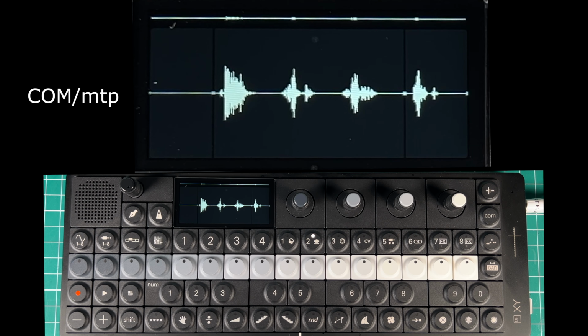Let's talk about COM and MTP. Now to use this you have to plug in the USB-C cable, so I'll do that now. One thing about plugging anything into the instrument is be careful that you don't scratch the casing as you do so. If you miss, it's very easy to put loads of scratches around here, so always look very carefully, make sure you're plugging it in